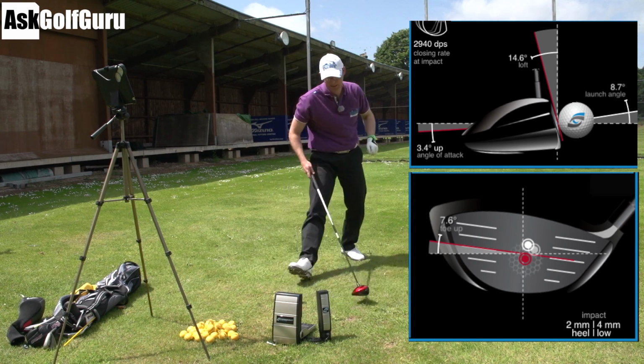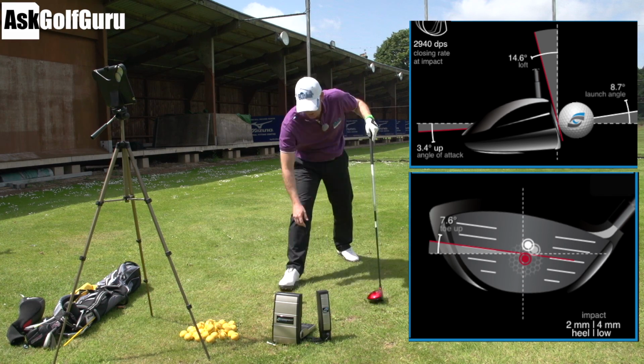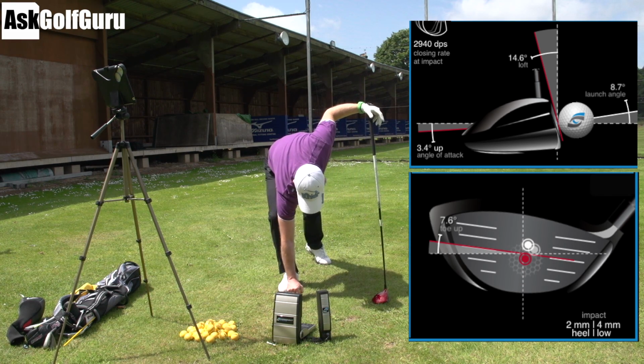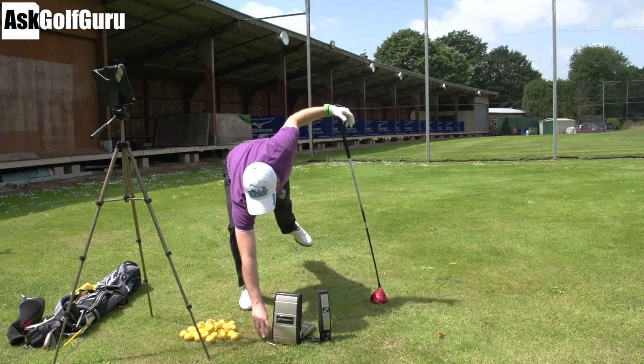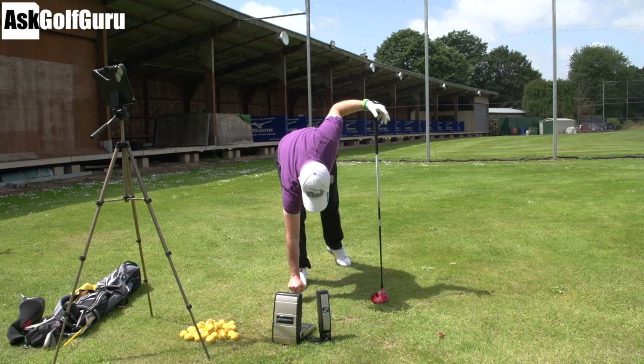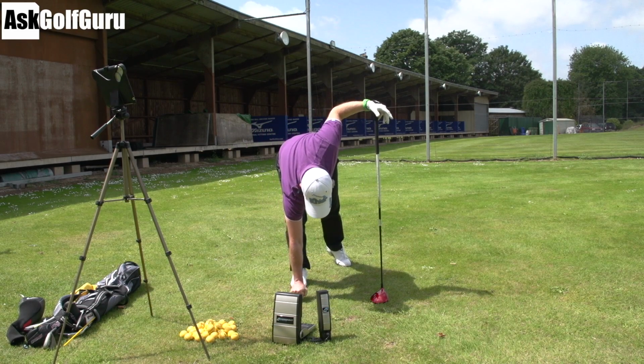So to feel like I get a better strike teeing it down that low, which is hard, let me just get this in the right place. Ground's a bit hard for that tee, let's use a bigger tee. There we go. So teeing it low,